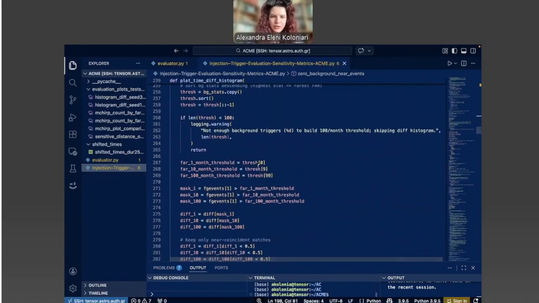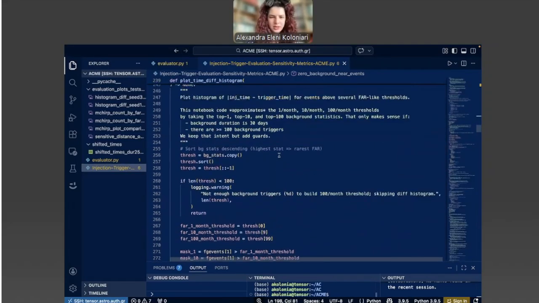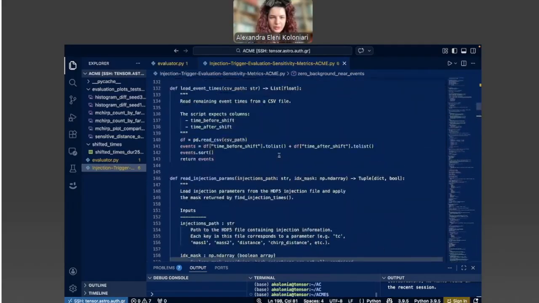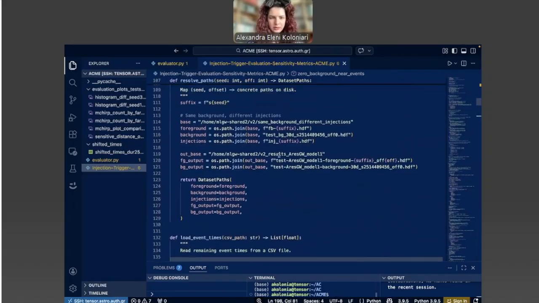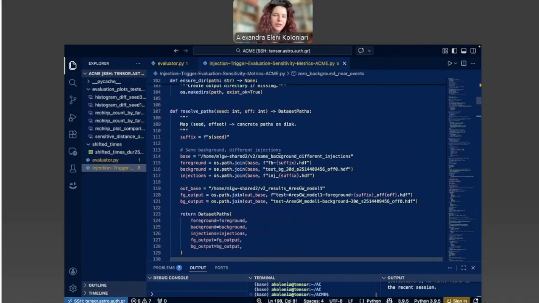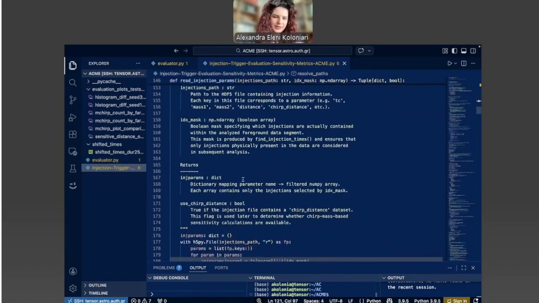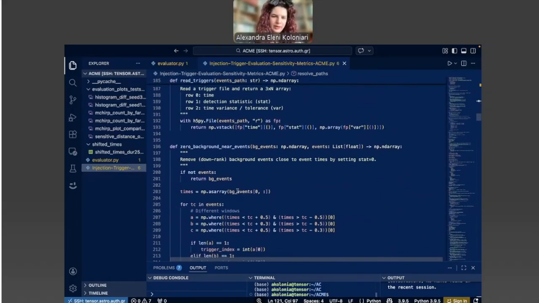Moving forward, I saw there is a message. It says line 114, yes. He gets an error because of the directory. Yes, that is not uploaded in the GitLab because those files are very big. So this is the only notebook that is uploaded with everything you need, but the files. You would need to create those files, or maybe smaller files, and run the specific notebook. You won't be able to run it right now, sadly. They are very, very big files.